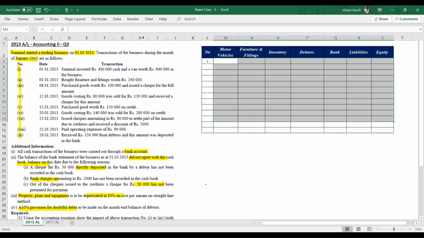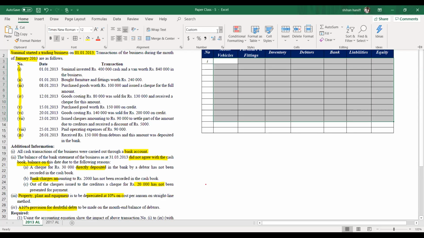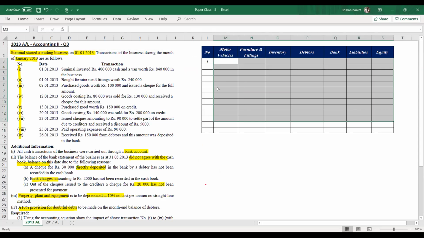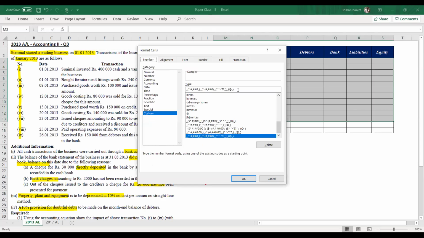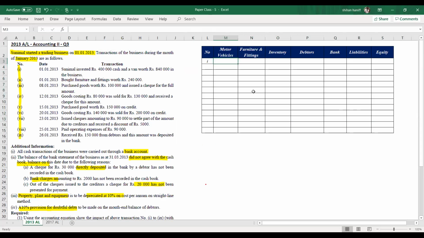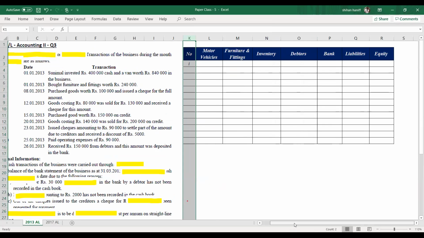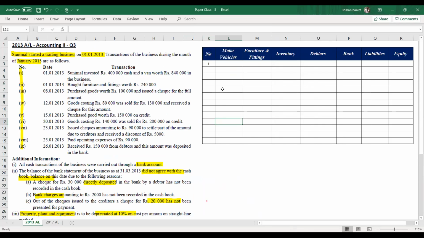Right. So draw the format. Transaction number 1. 1st of January